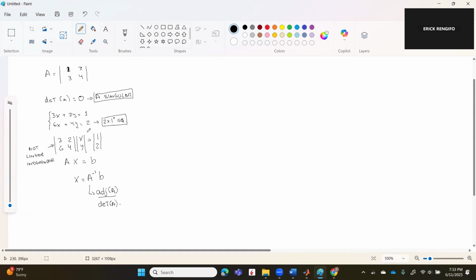Because simply one is 2 times the other one. This one here is 2 times this. This one here is 2 times this. So when a matrix has elements or columns or rows that are not linearly independent, the determinant is going to